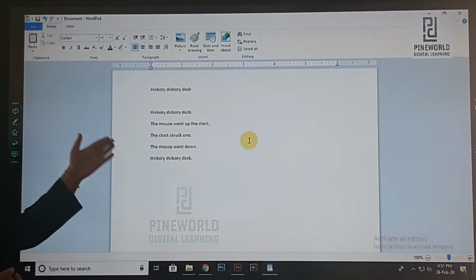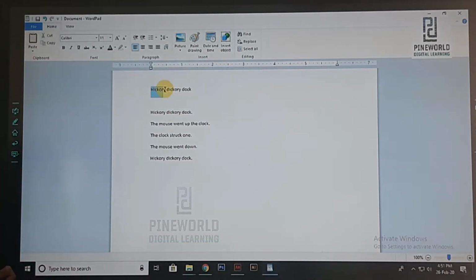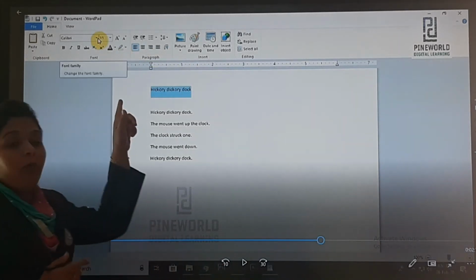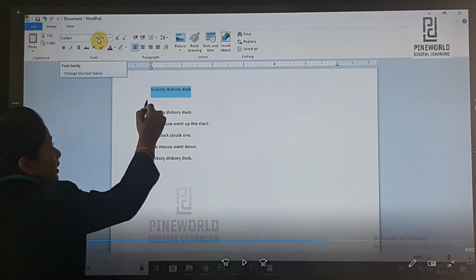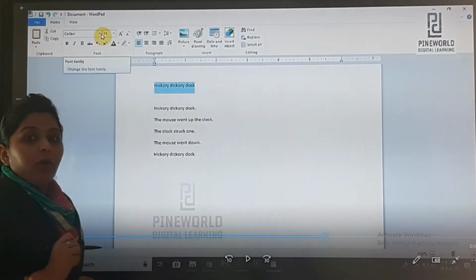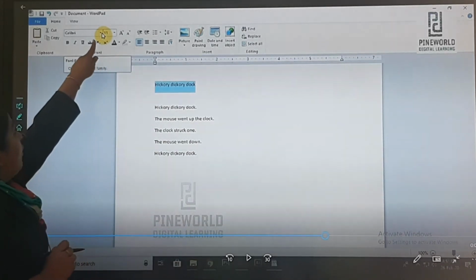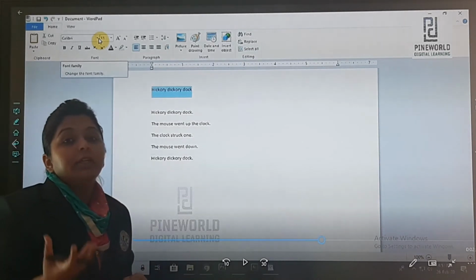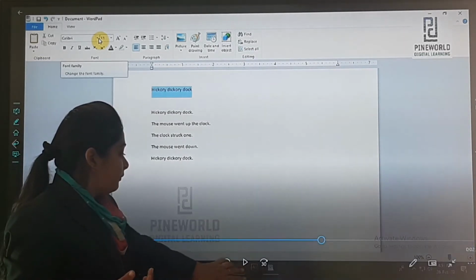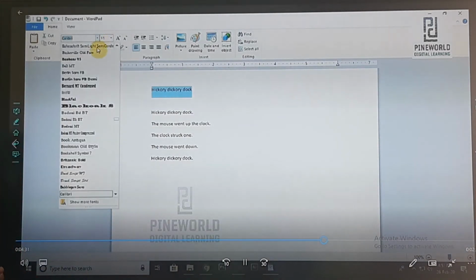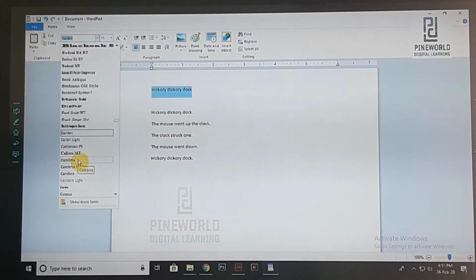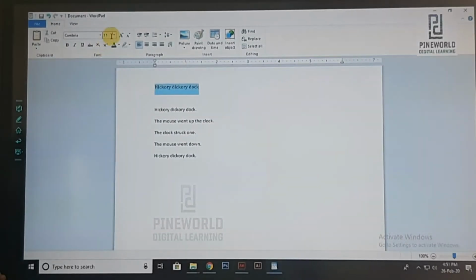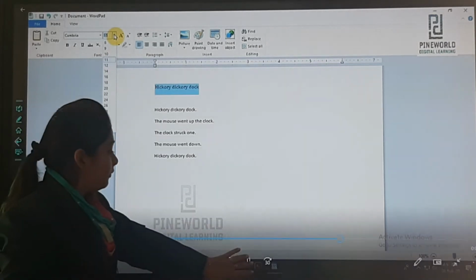If we want to change the font size, first select the title. Click on the font family. This is how we will select it. Okay, we will bring our cursor here, then we will drag it. Then here we will go to the font family to change the font of the selected text. Click on the menu arrow and select the Cambria font. Now click on the font size menu arrow and select font size as 20.